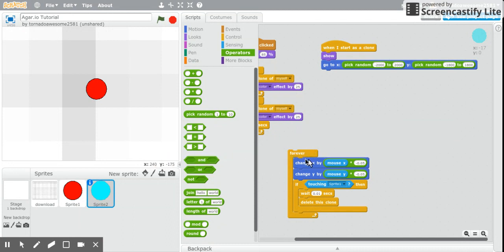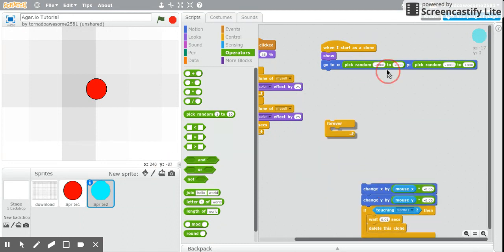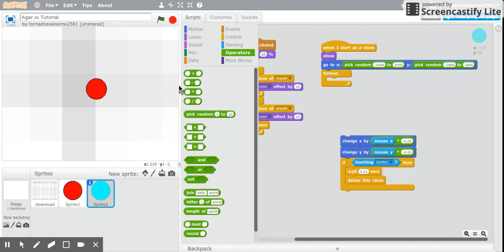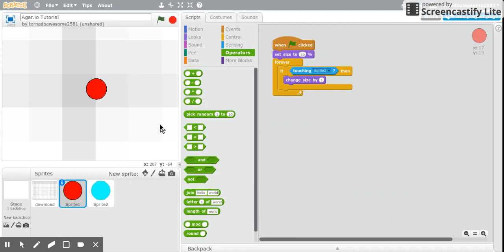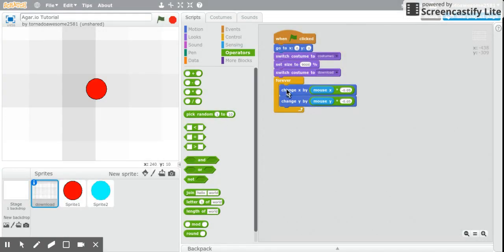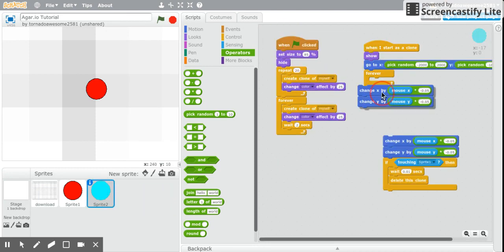And then you're going to have to take a forever loop, and you're going to go back to here, back to the download. You're going to steal this, drag it to the sprite. It's copied into here. You can drag that into the forever loop. Then